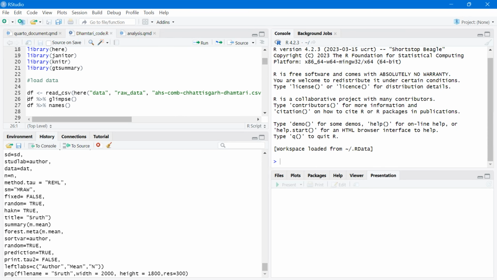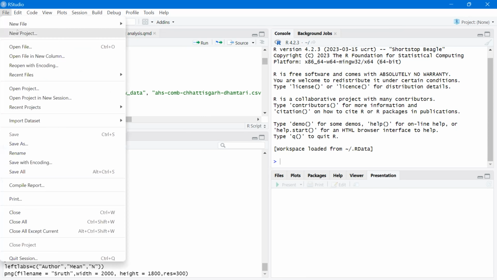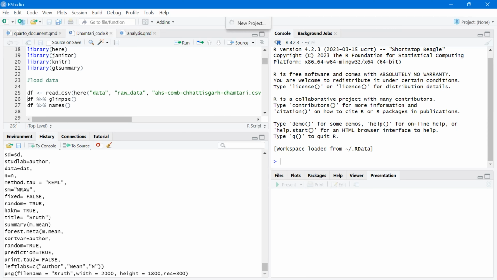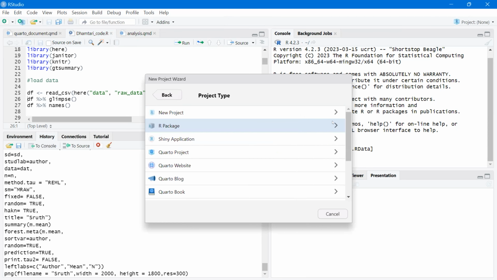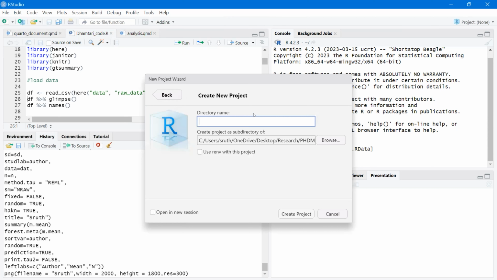Okay, now I want you to open a new project. So you're working on this project now. You want to create a web page, for example, for this Damtari. You want to just create a very quick profile of Damtari district in the lens of AHS survey. Is that okay? Actually, sir, the data I have to download from WhatsApp. I lost it, so I think I should download that. Yeah, you can open a new project.